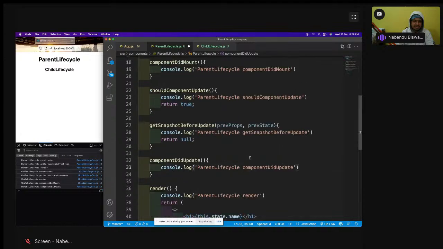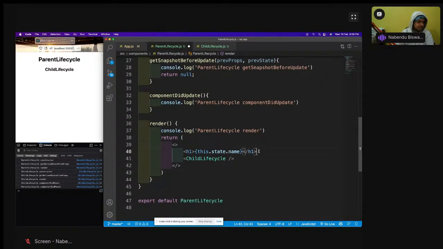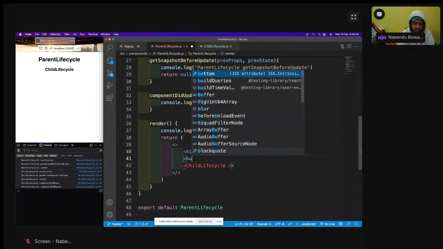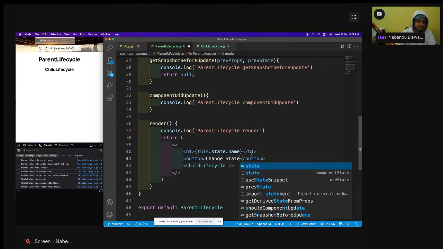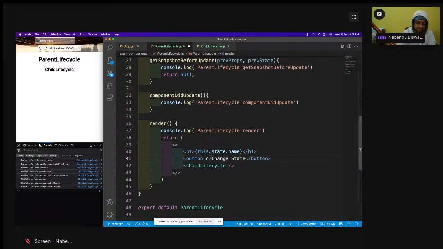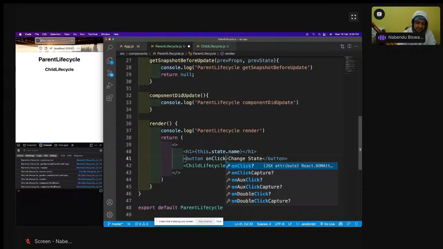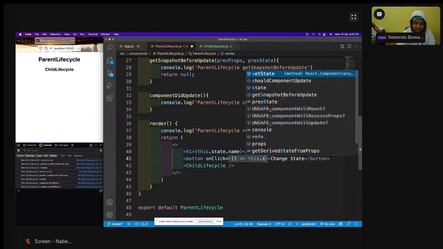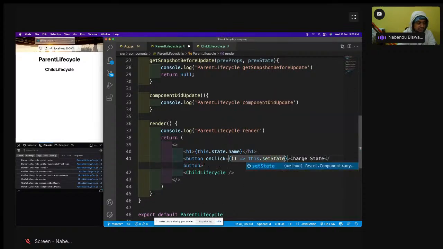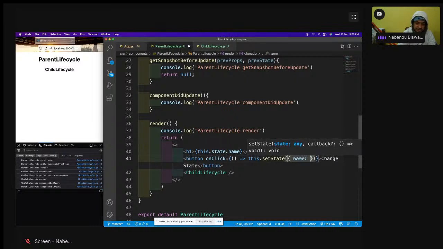So here, after this h1, I'll have a button, change state, and onClick is equal to this.setState, name is